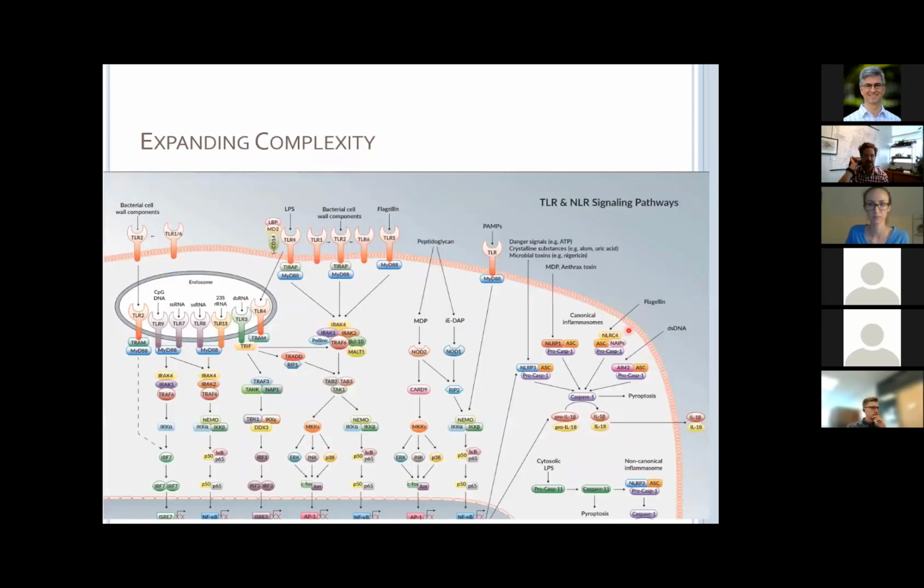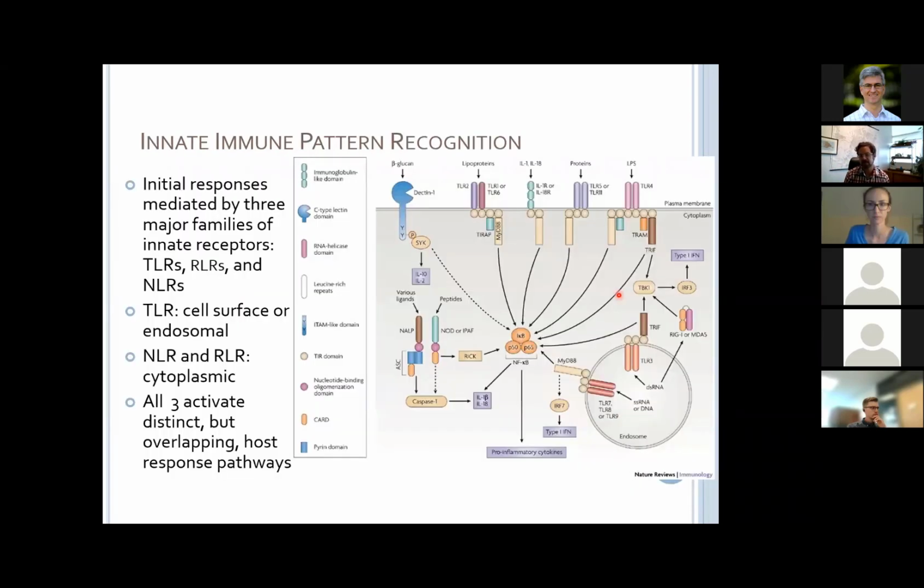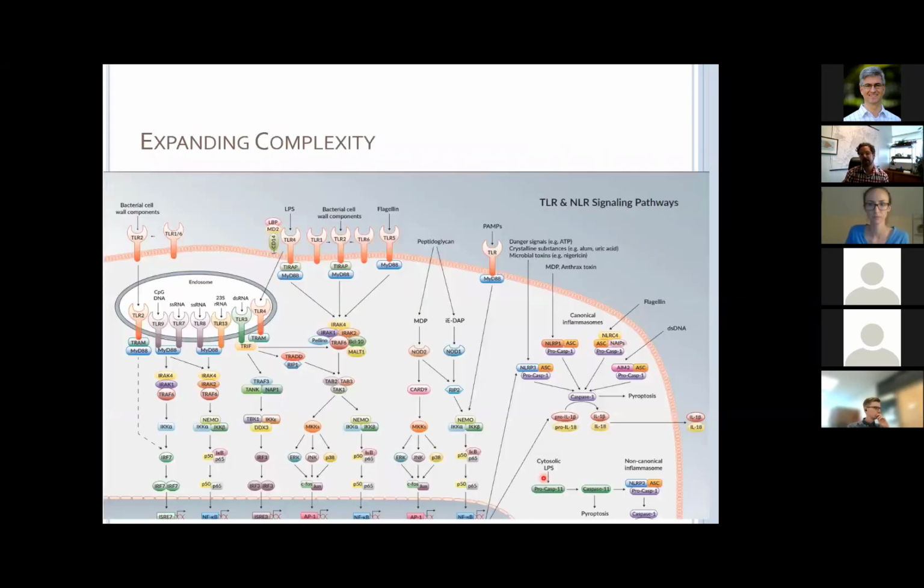I've added a couple slides here. I still like this slide, and a lot of people still use it because it shows the degeneracy of the signaling of these pathways, that they all often converge on the same NF-kappa B and other transcription factors, leading to some of the same effects. But